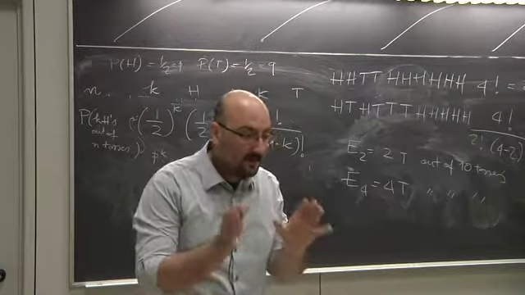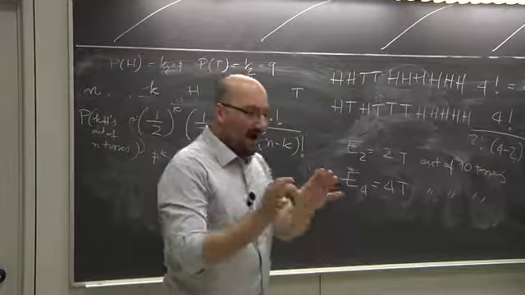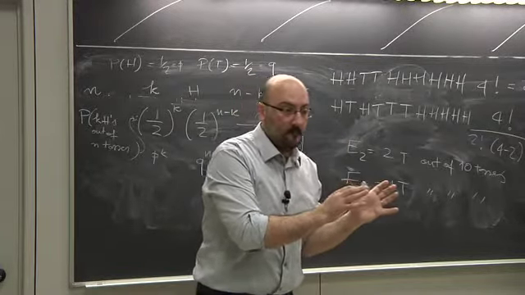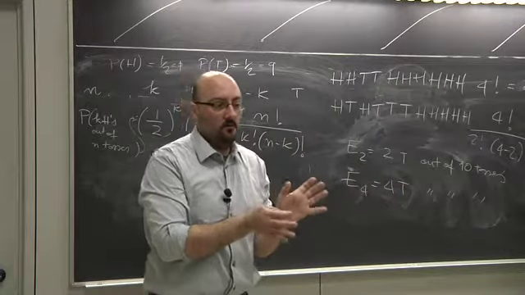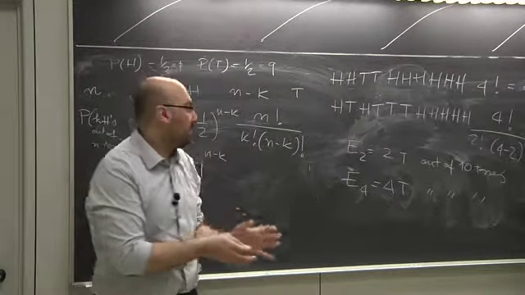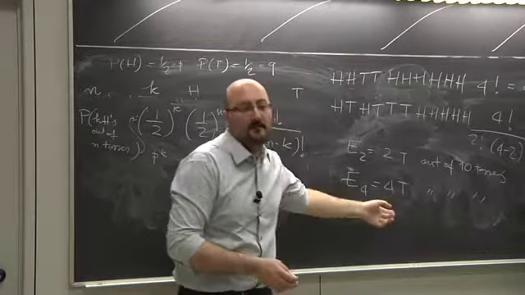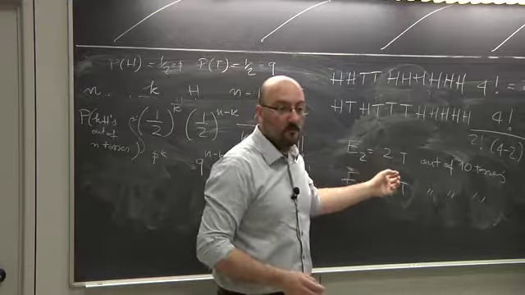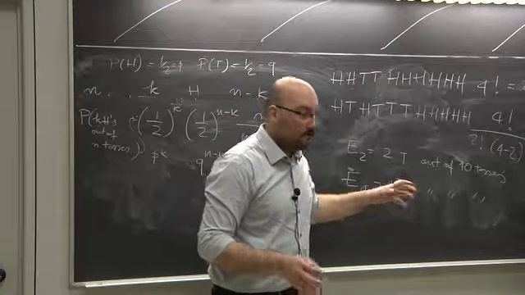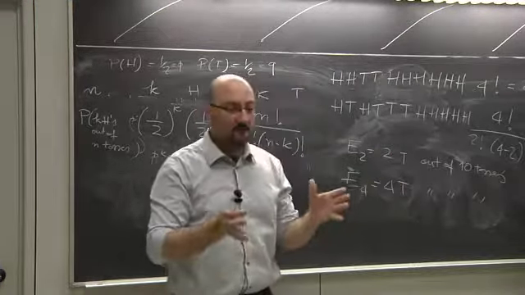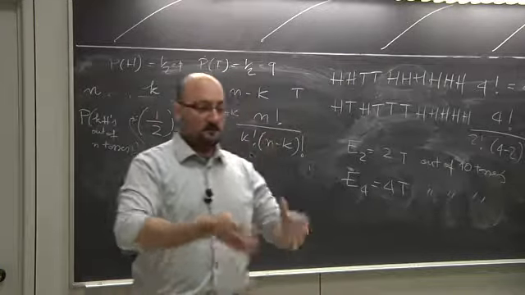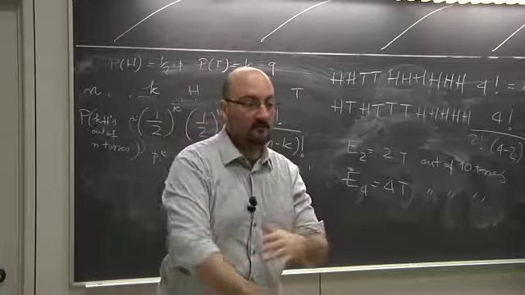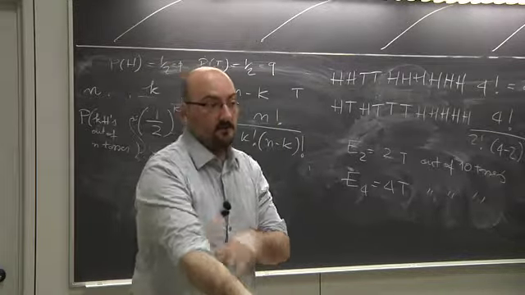The question was not at least 2 tails. In that case, they would not be mutually exclusive, because if I have 4 tails, then I have at least 2 tails, though not vice versa. But here I'm asking if I have exactly 2 tails, this is the event E2, and the event E4 is if I have exactly 4 tails. So they are mutually exclusive.